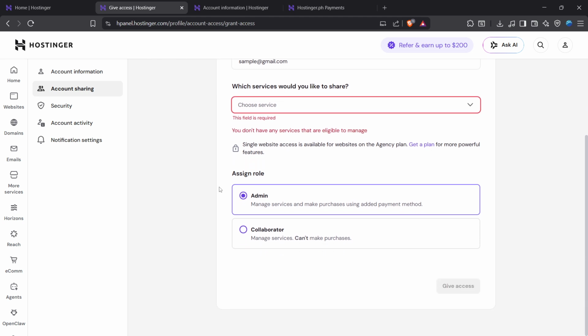Then choose the permission role. Role names can vary slightly, but here's the idea. Higher level roles can change settings and sometimes billing, while technical or editor roles can work on files, databases, and deployments without touching payments, and viewer style roles are read only. If you're unsure, hover over the role descriptions in hPanel and pick the most limited option that still lets them do their job. When everything looks good, click